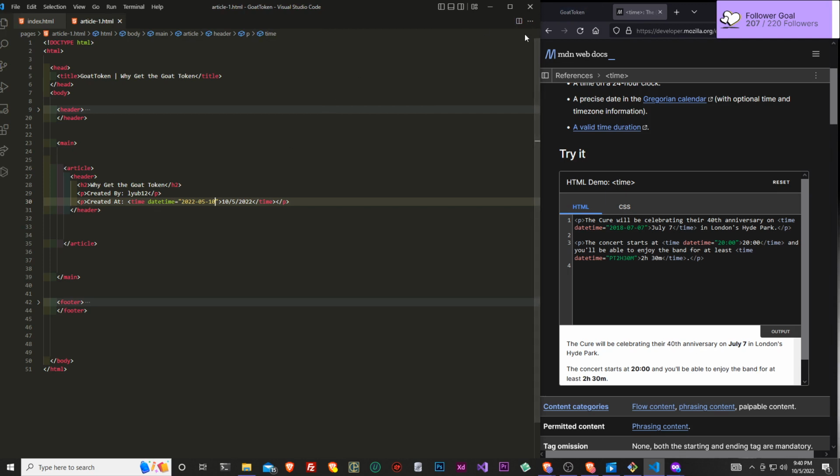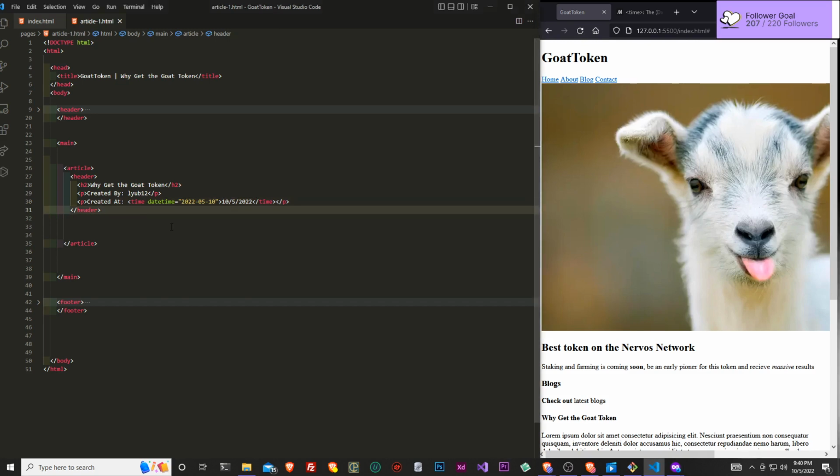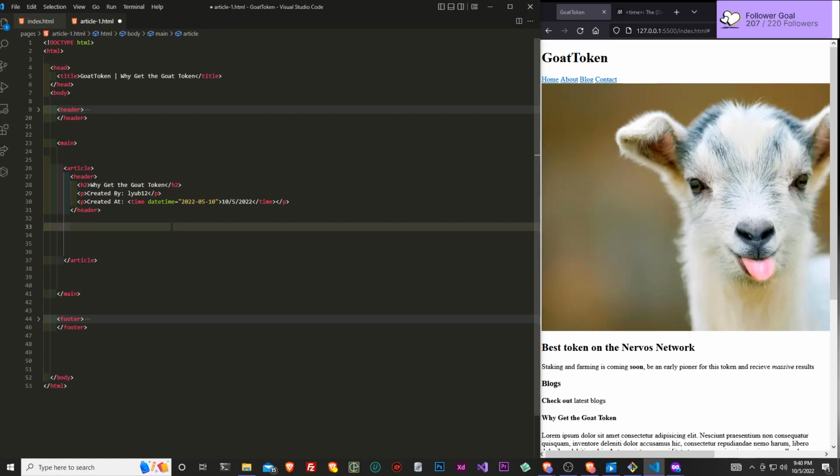So now if a person's going to be reading this with their screen reader, this will basically let them know that 10/5/22 means that this is a date instead of just numbers. And after that, we can just create content on our page.